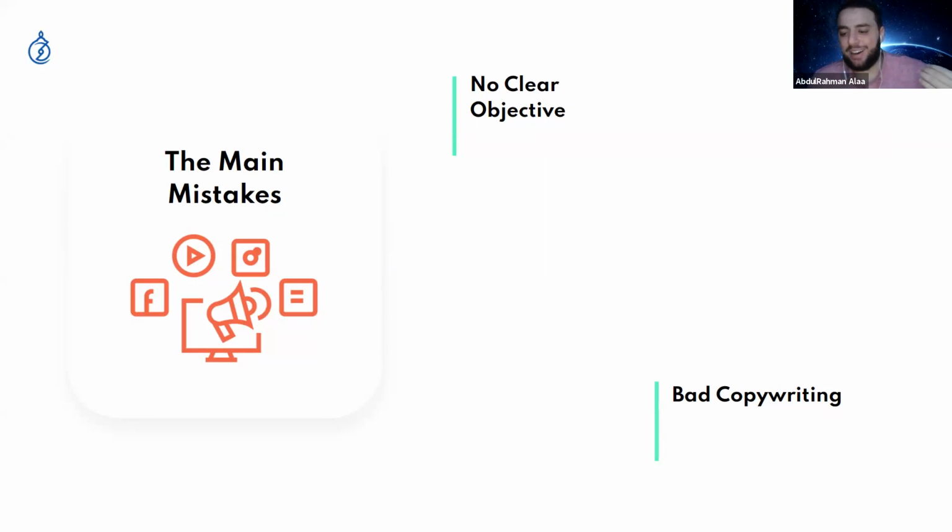and this campaign should work and be generating millions of sales without a clear objective at the beginning and without taking the steps that you need to actually reach this goal. So there are a few steps before reaching that goal that you need to make. So, no clear persona, and that's one of the most important parts.